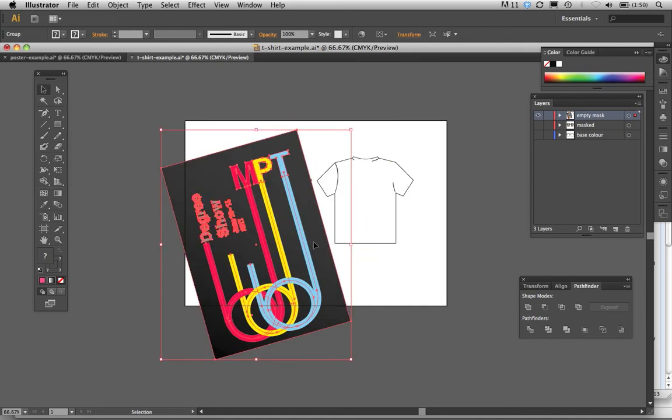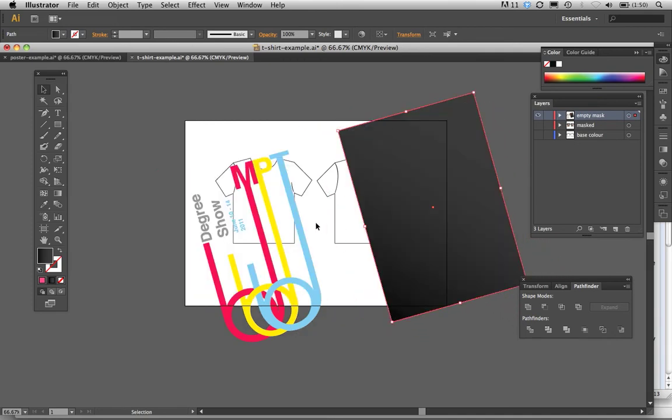put it in place, and now I'm going to ungroup it, so Command Shift G, just to separate everything out, and I'm going to take this background out so that I can see what I'm doing. Okay, so we have our object here, and you'll remember in the example that the MPT and three lines are at the front and then all of this goes at the back. So we need to separate this design out, and we can do that using the Scissor Tool